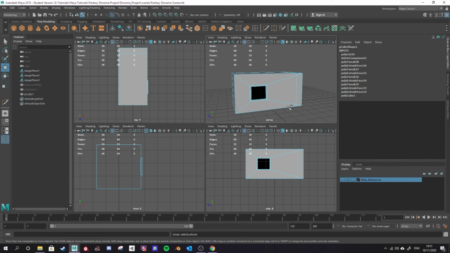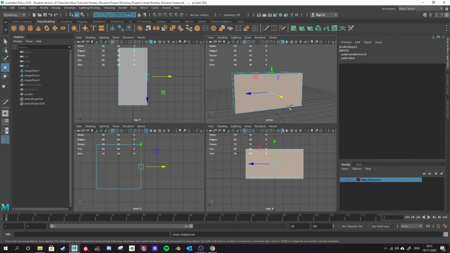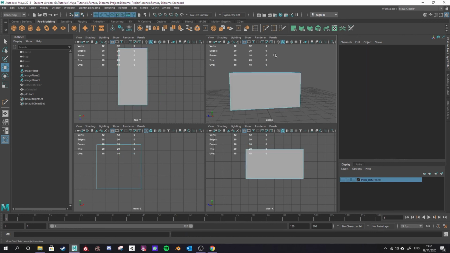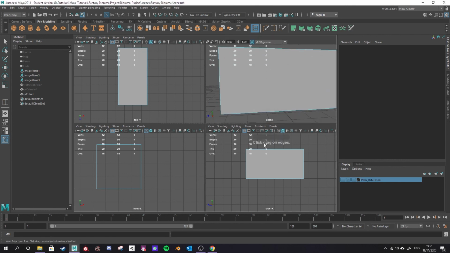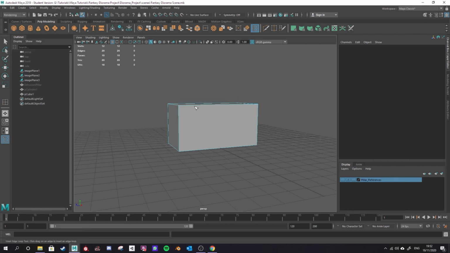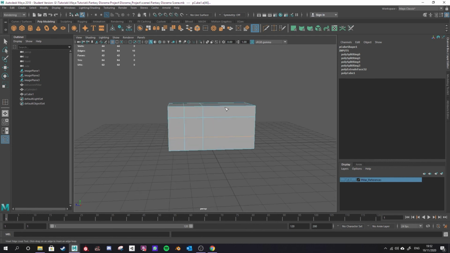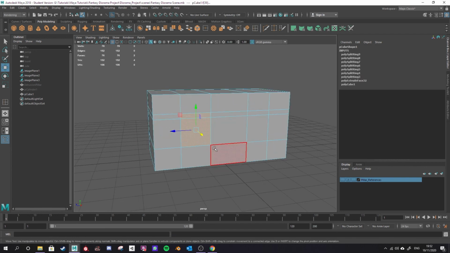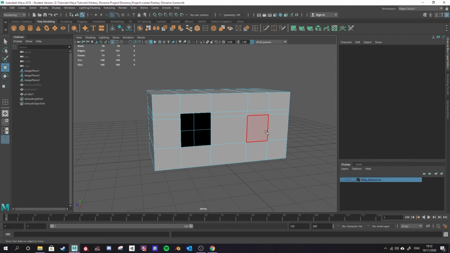Another way of doing that would be, instead of extruding it all, using the insert edge loop tool to insert edge loops into my model exactly where I want the windows to be, and then add in where my door is going to be. And then I can simply say the door's at a different height, which should be fine. Put that there. I can then go into face mode, W. I can do my extrusions if I want to, make this protrude a wee bit, and I can delete those. And that's a lot